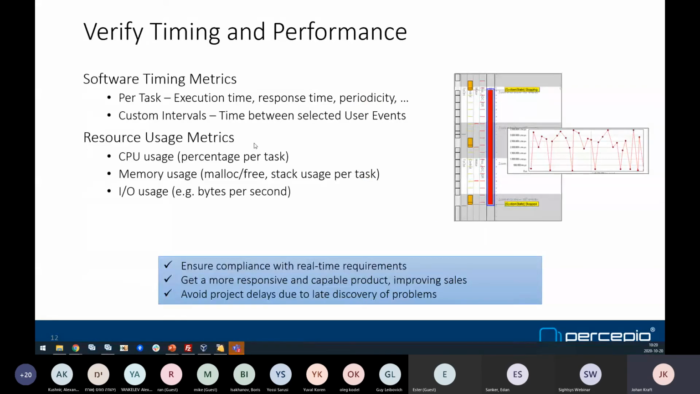Last but not least, visual trace diagnostics can be used to measure software timing and resource usage. You can verify real-time requirements and keep track of software performance and resource usage throughout the development project to avoid being surprised by low performance, etc., when you're close to delivery. Tracealyzer provides timing metrics on task instance level. By task instance, we mean a single execution of a task, a job. You can see things like task execution time, response time,